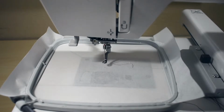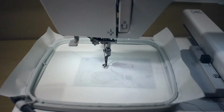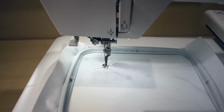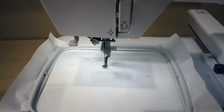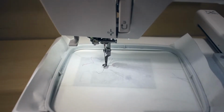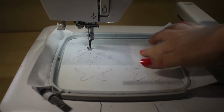Okay, I got the hoop on, I got my stabilizer ready to go. And now the first thing we're going to do is go ahead and run the placement stitch for our grouped felties. Okay, so as you can see here, I have the outline of 4